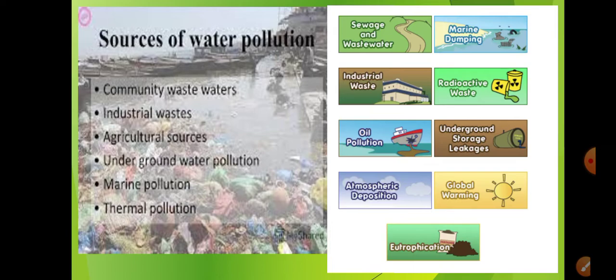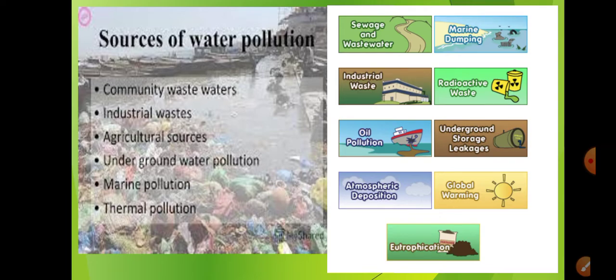So the different compound molecules are getting mixed, and then they are forming nitric oxides and sulfur oxides and all. It results in the formation of a weak acid, and when the water falls along with this weak acid, it is called acid rain, which is very much harmful for the living organisms on the planet. Okay, so that is about atmospheric deposition.